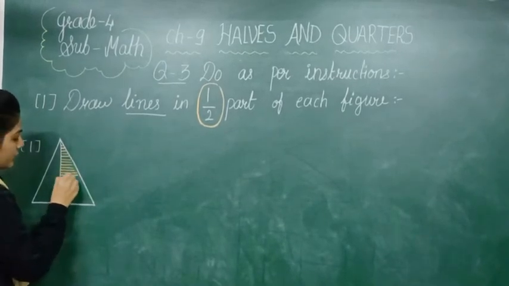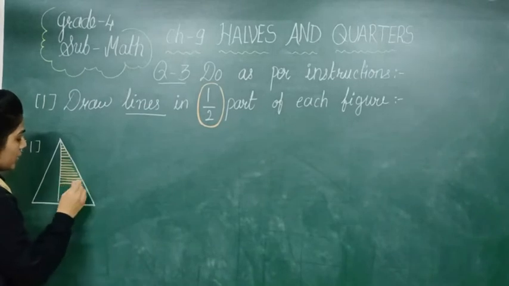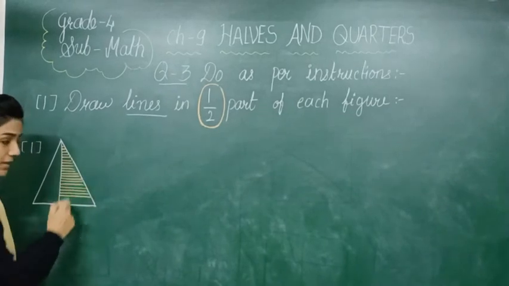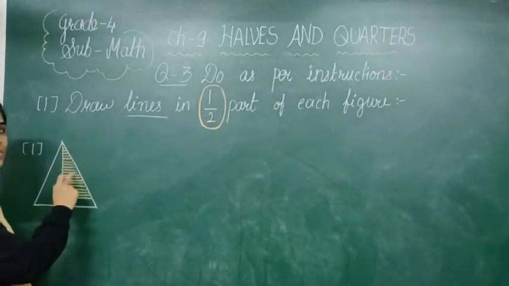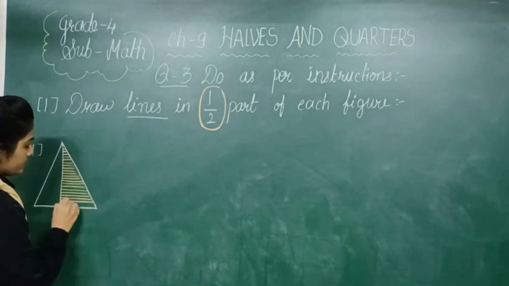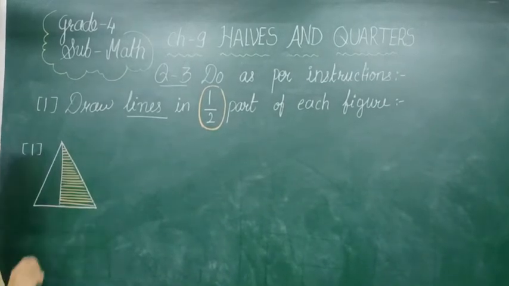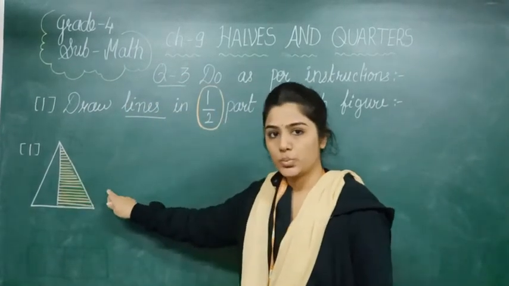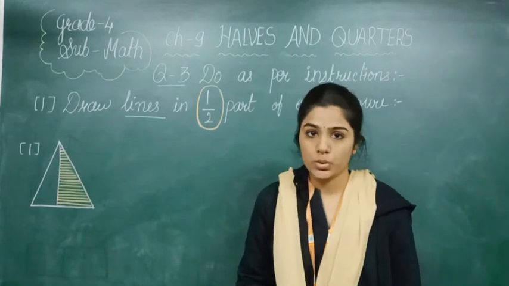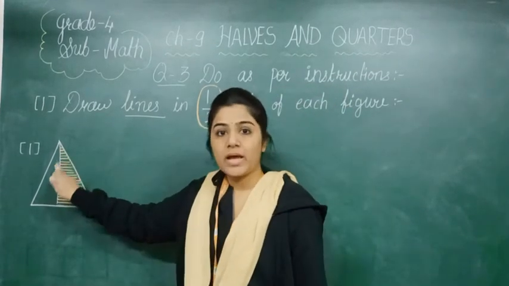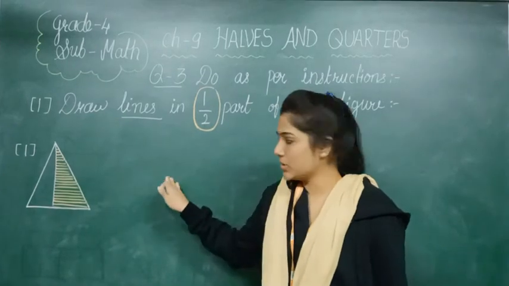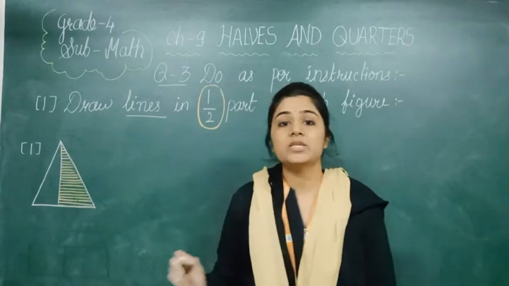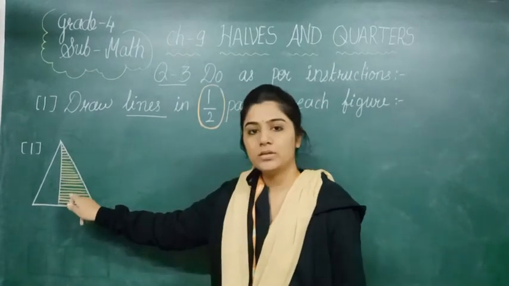See, this chapter is very interesting. So whenever you are drawing the line, the choice is yours. You can make the vertical lines also, but here I have drawn the horizontal line. See, so this is your answer. This figure stands for 1 upon 2 as we have done in question number 2. What we have done? Figure is given and according to the figure we were writing the fraction. So what is the meaning of this? Out of 2 total parts, 1 part is shaded, means with the drawing of the line.